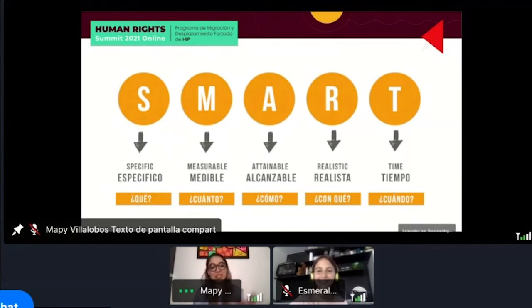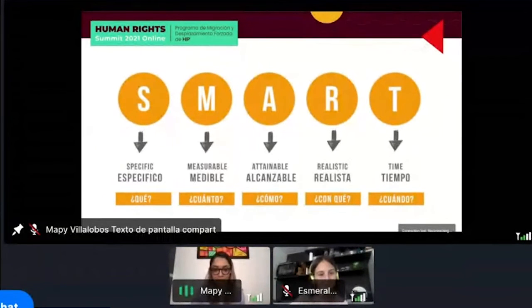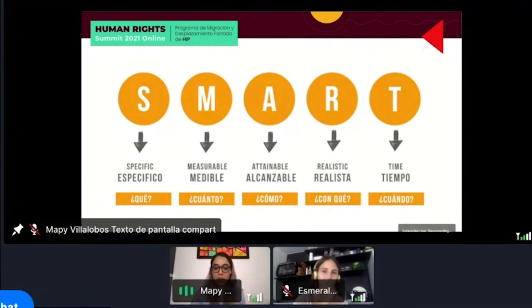Mappy. And well, this is not applicable only for digital campaigns. Actually, it could be applicable for everything in life. The fact that we can start creating SMART objectives is going to help us a lot, because as you were saying, Esme, what is not measurable cannot be improved in all the different aspects. So every time we have an objective, a campaign, a digital campaign, maybe we can think about this,